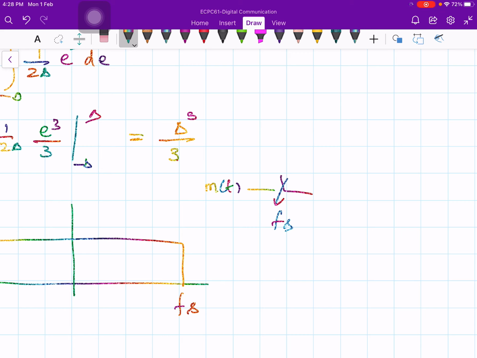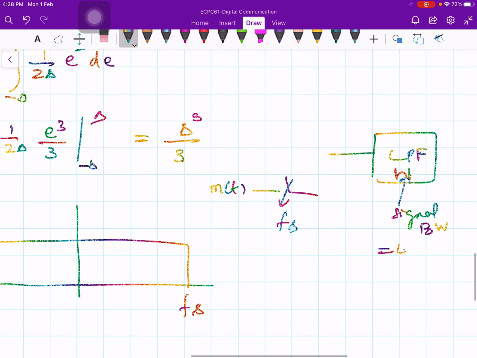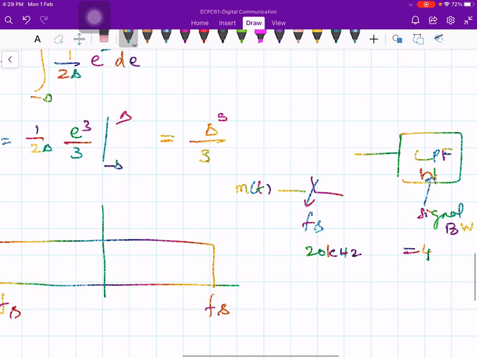When you calculate the noise power, finally you are going to employ the low pass filter, and the low pass filter has the bandwidth of W, right? There is an LPF whose bandwidth is going to be governed by the signal bandwidth. What is W? Signal bandwidth. And the signal bandwidth is much less than the sampling frequency. Let's say signal bandwidth is 4 kilohertz and the sampling frequency could be roughly 20 kilohertz or something. So you are going to put a low pass filter with that bandwidth. How much bandwidth? Capital W.